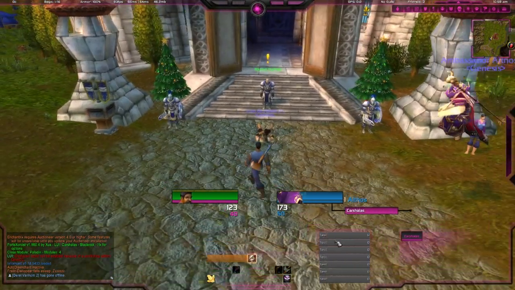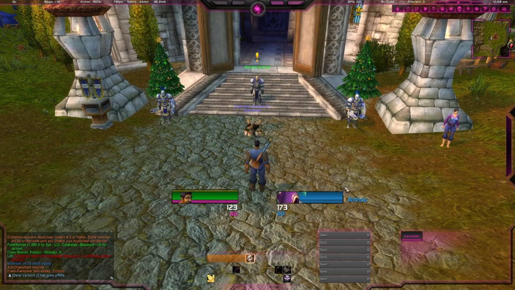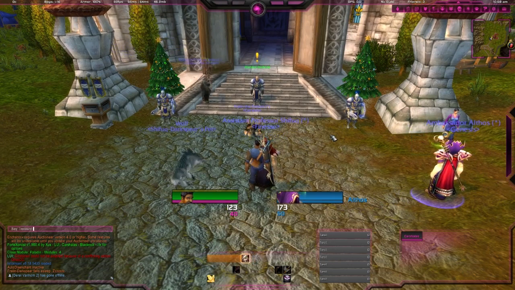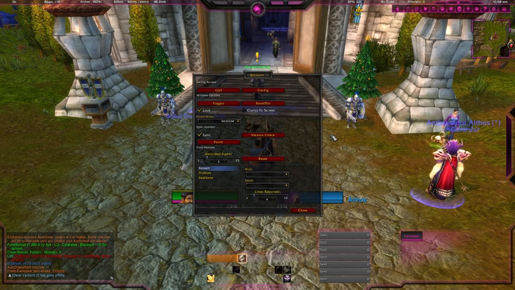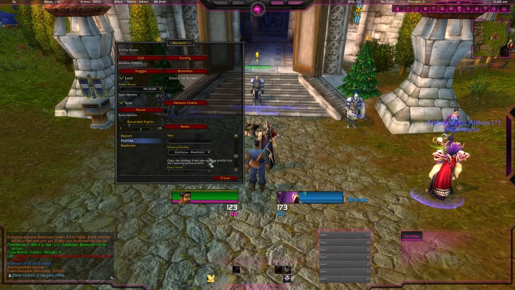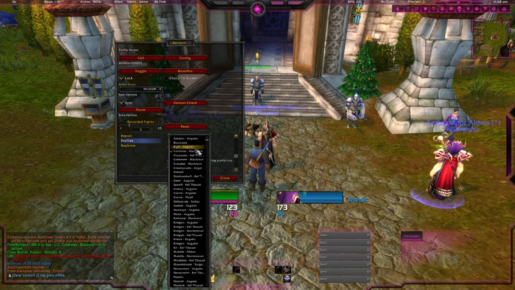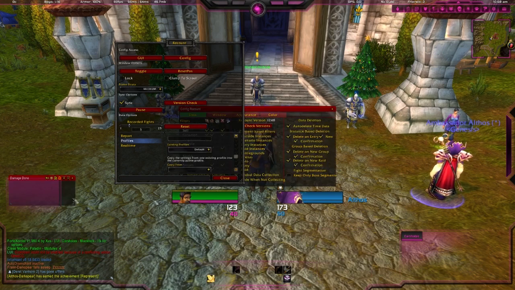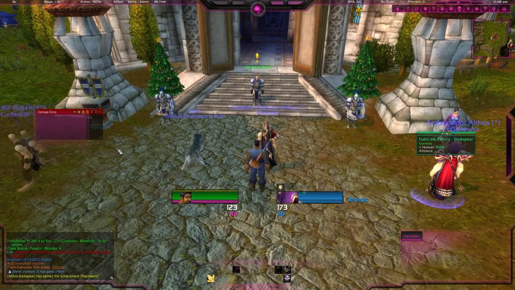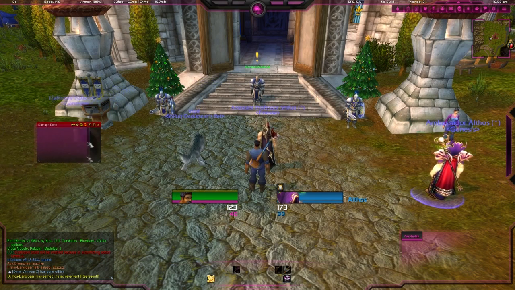I personally don't like the stock Recount, so if you type in recount GUI, pull up the Recount interface, and then you can do profiles. I like the default. A lot of people don't even use Recount anymore, they use that Skada add-on. If you do default, it goes over here, or wherever you want it. It makes it free floating, and you can adjust it. And then to get rid of that nasty